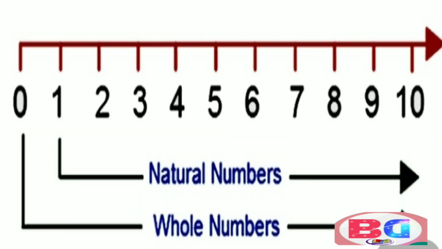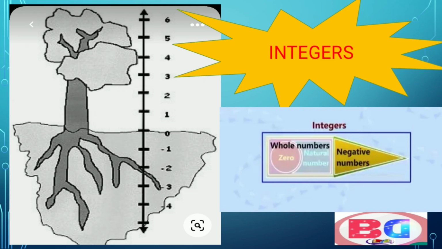Let us start here. I have already discussed that natural numbers start from 1, all counting numbers, and whole numbers are all counting numbers including 0. Now, let us start integers with practical life. We can observe different types of situations related to integers. Those are related to our practical life, which are given here.